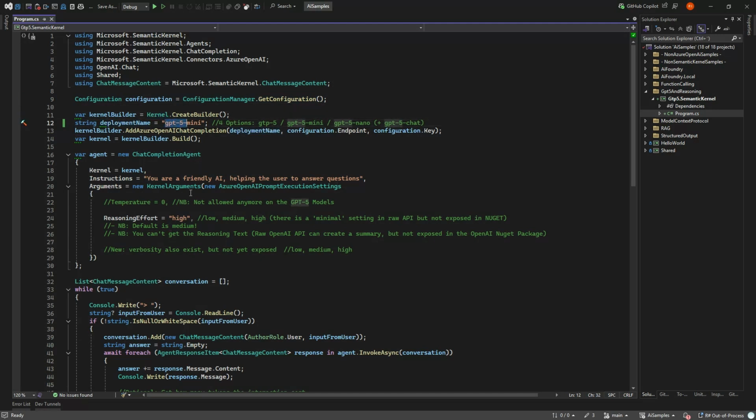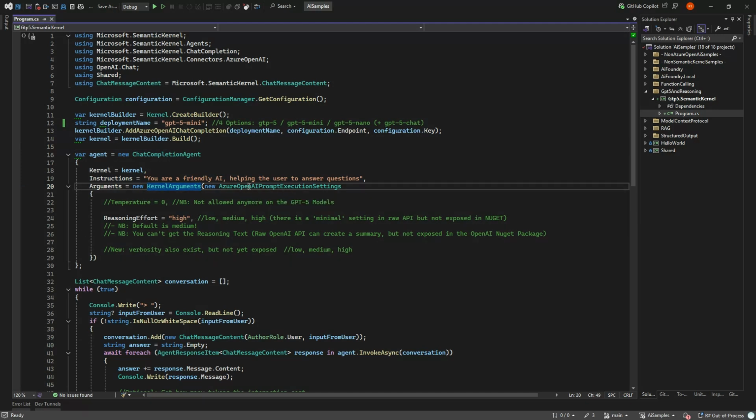I'm using the Mini here, but these work exactly the same way, just how fast they are and how clever they are behind the scenes, just like ChatGPT 4 versus ChatGPT 4 Mini. It's set up exactly the same way as before, and we build our kernel.